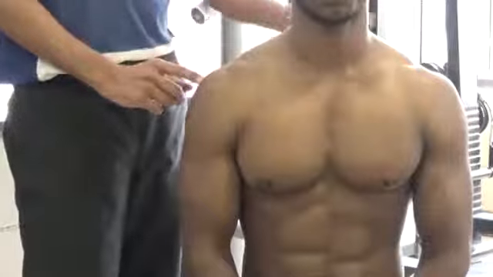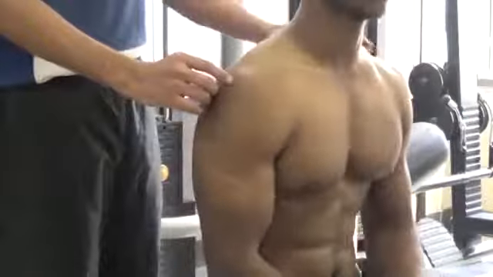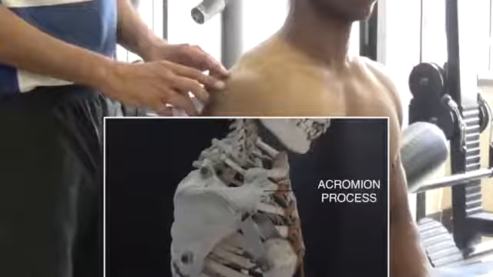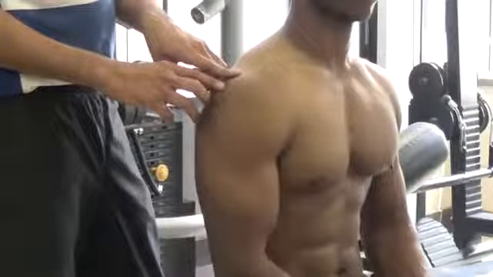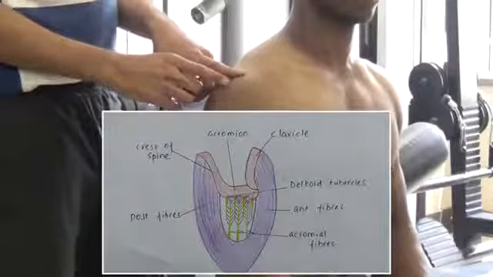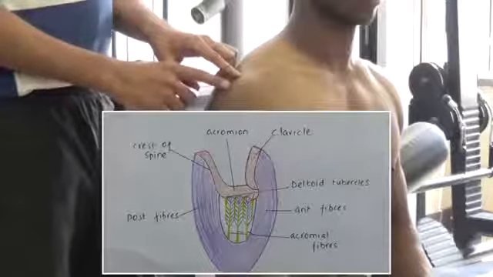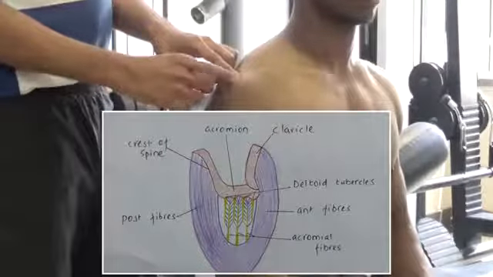Next are the lateral fibers. They take origin from the lateral border of the acromion process. When you see it from the side over here, this is the lateral border of the acromion process, and just above it you can palpate the acromion process itself, which is subcutaneous. Now along the lateral border of the acromion process there are four deltoid tubercles which provide attachment to four intermuscular septa, and from below, from the deltoid tuberosity, there come three intermuscular septa.